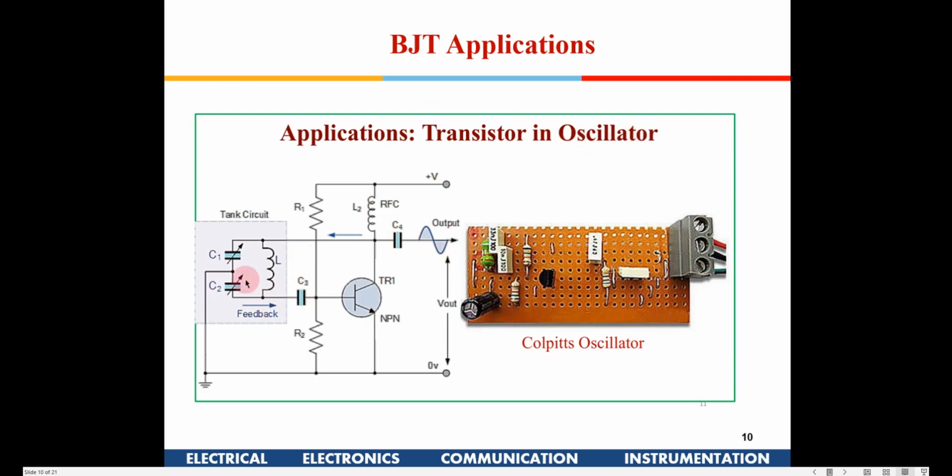Now similarly, BJTs can be used to generate sine waves, which are known as oscillators. These kind of circuits are generally used with the BJT and a feedback network of an LC network to generate them. They will resonate at one particular frequency, and because of the feedback, they will generate sinusoidal signals. These sinusoidal signals are used for many purposes, like for communication equipment, for modulation, RF signals. Wherever there is a requirement of a sinusoidal signal, you can use a BJT and a combination of an LC network to generate sinusoidal signals. They are known as oscillators.